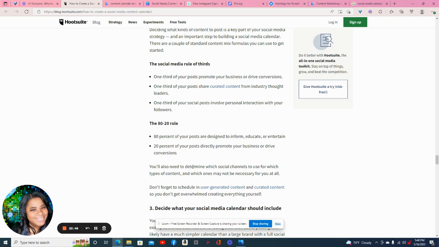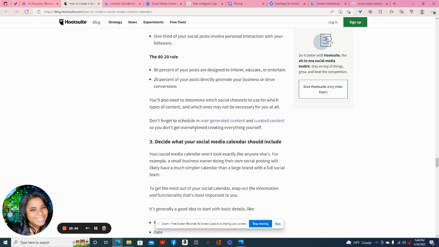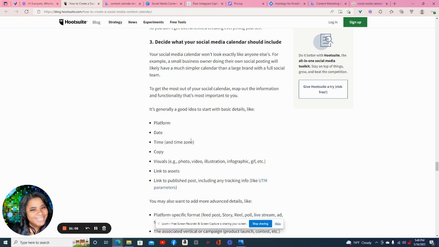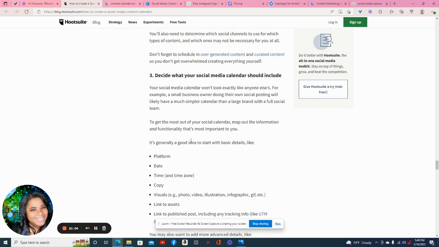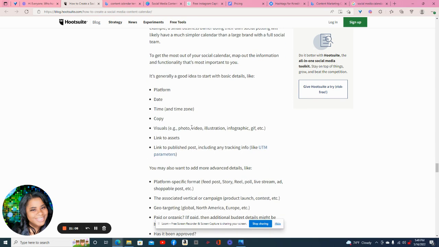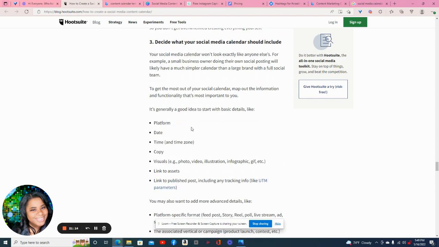You also determine which channels to use for which types of content. Let's skip all that. It's the same thing. Decide what your social media calendar should include. So I have one, and it's not fully done, because it's going to be tailored to what you need. The one I have is basically